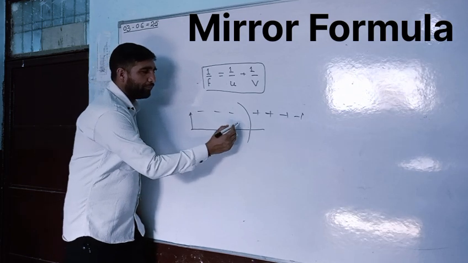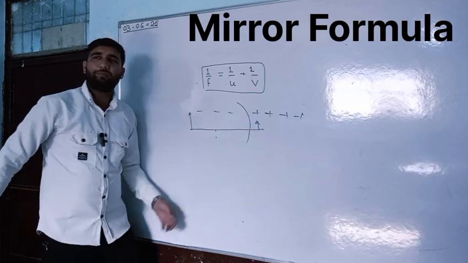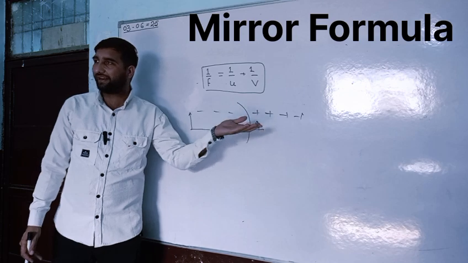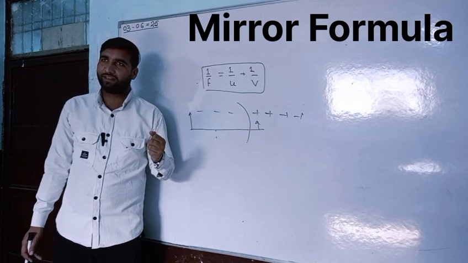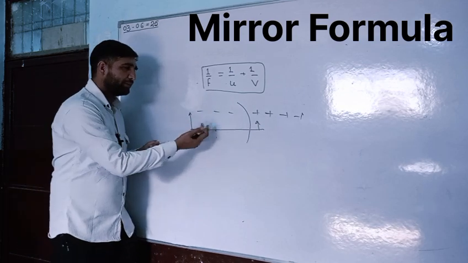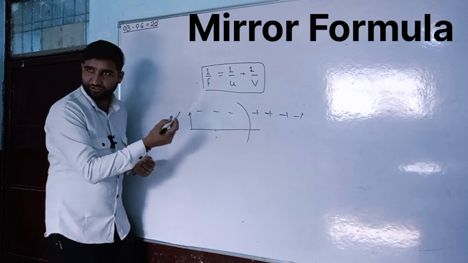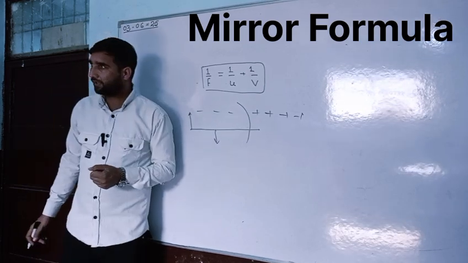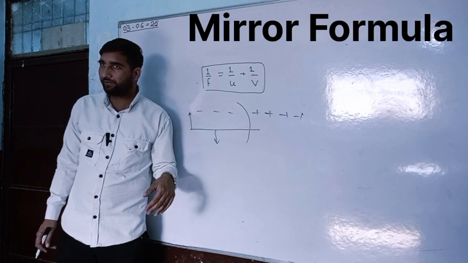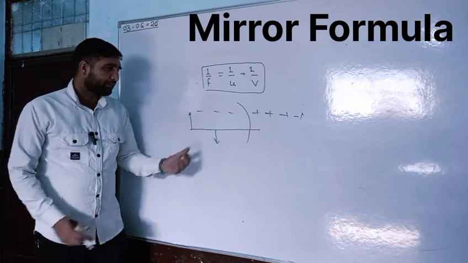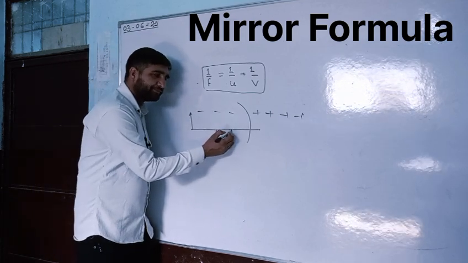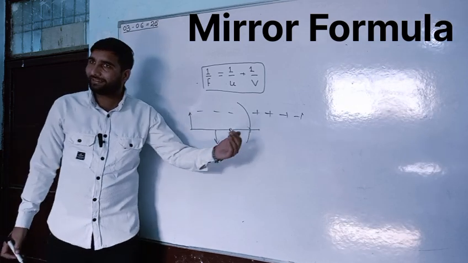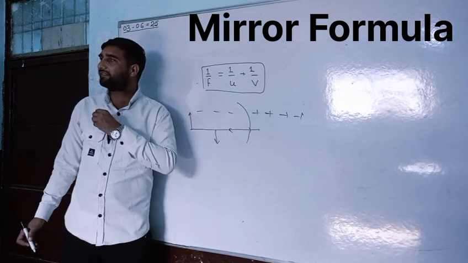If the image is formed in the upward direction, then it is to the right, and right distances are taken as positive. Here the image will not be formed, because it is a concave mirror, and in the case of a concave mirror, the image formed is inverted, upside down. So the object and focal length will also be here. The focal length is to the left, so it will also be taken as